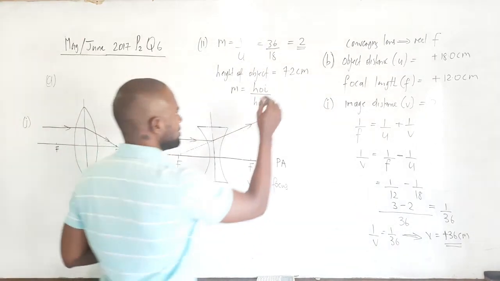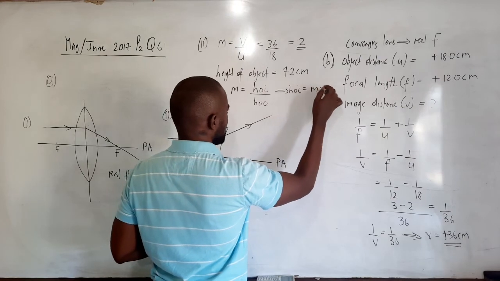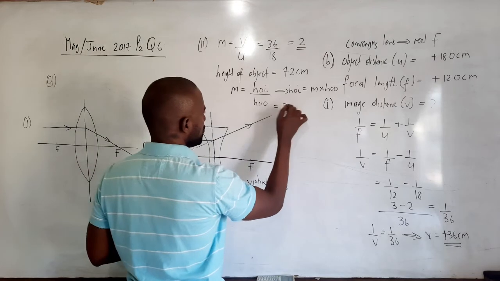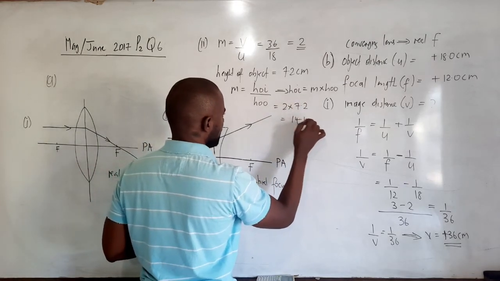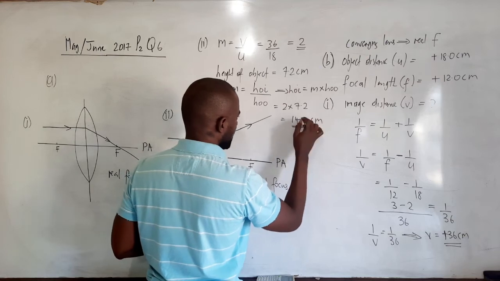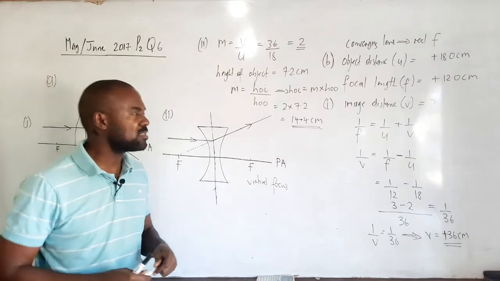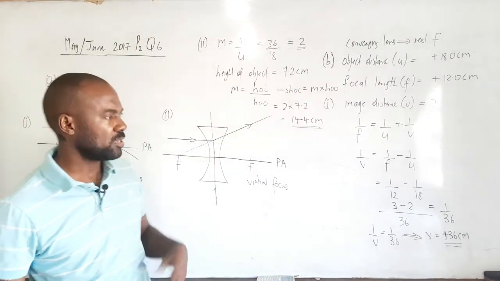So therefore, this means that the height of the image, HOI, is equal to magnification times the height of the object. And so this gives us 2 times 7.2, which gives us 14.4 centimeters, right? So therefore, the height of the image is 14.4 centimeters, since the height of the object is 7.2 and the magnification is 2,